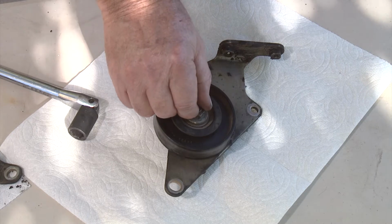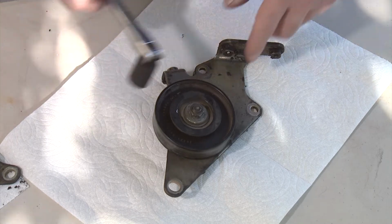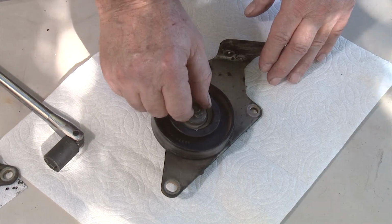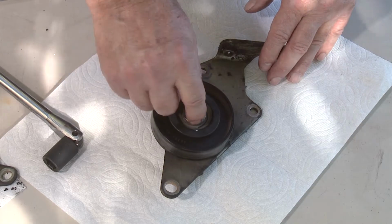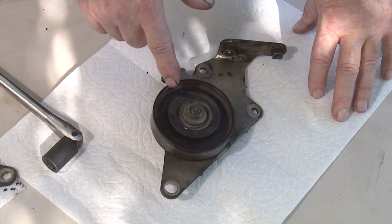We had to loosen this bolt to get the slide adjustment to move down so we could get the belt off. So it's already loose, but if it's still tight, you can take a wrench. It's a 14 metric, and get that loose. Now we left the wheel on here. It made it more complicated in taking this off, but we wanted to show you the detail on putting this